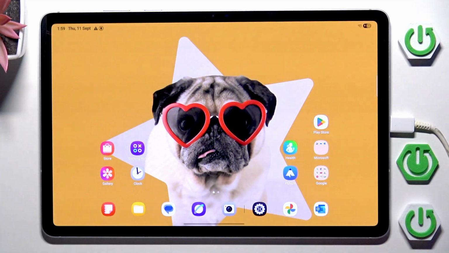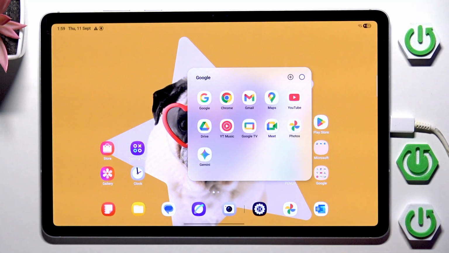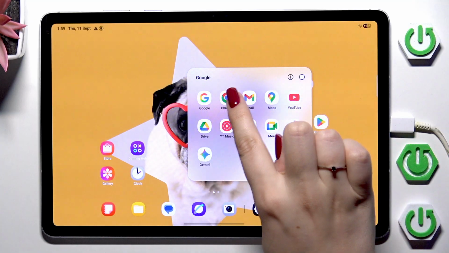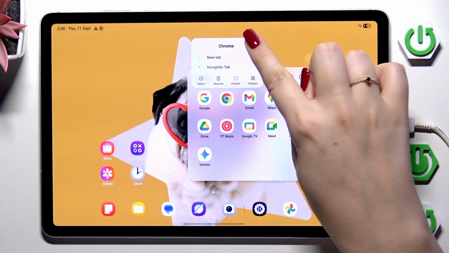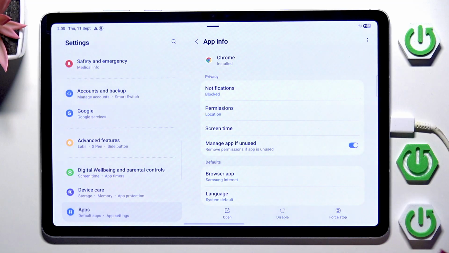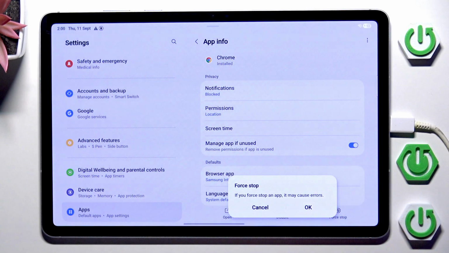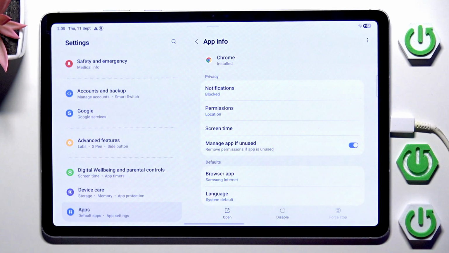Alright, so let's pretend that I've got problems with opening the Google Chrome. So simply find your app and tap on it and hold it. And now tap on this info icon in the right upper corner. Here, first thing you should do is to tap on force stop, because sometimes if it is running in the background, even though it is not visible in the recents, it might interfere and it won't let you open the app at all. So just force stop, tap on OK, and after that, you can try to open it again,